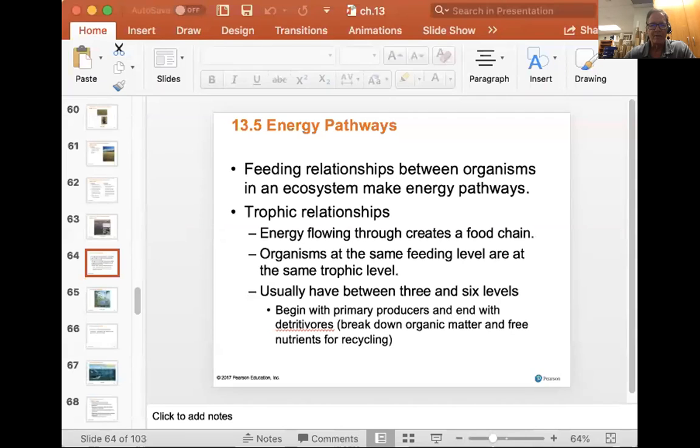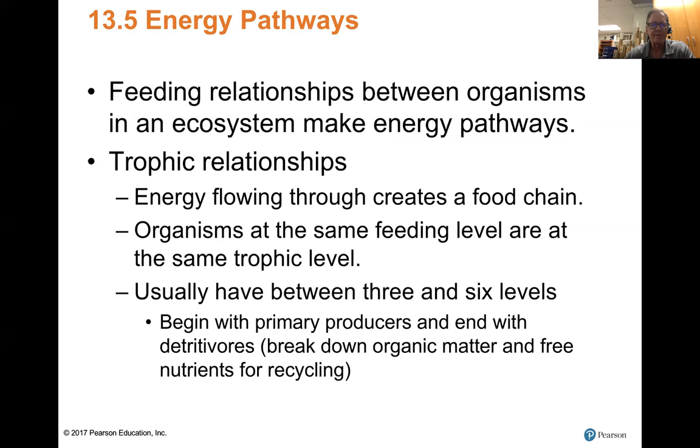Then we want to talk about a really important aspect of ecosystems, and that's the energy pathways, and that's how we move energy throughout the ecosystem. Okay, so there's different ways to look at this, and one is what we call the trophic relationship, the energy flowing that